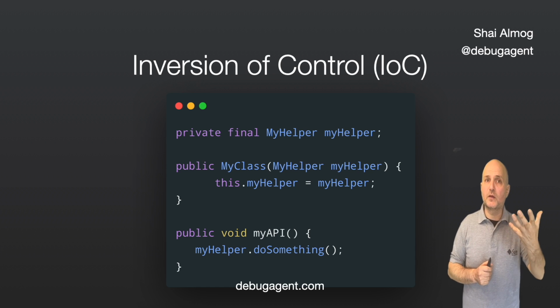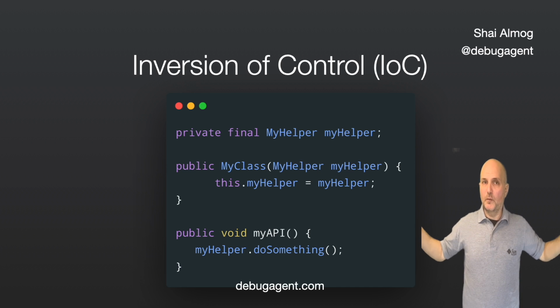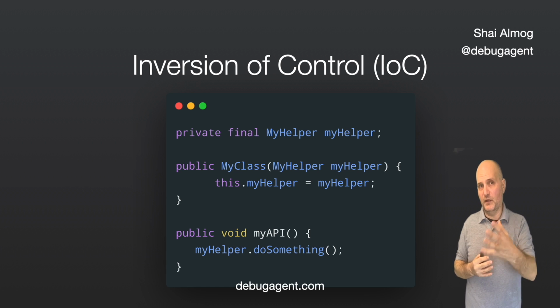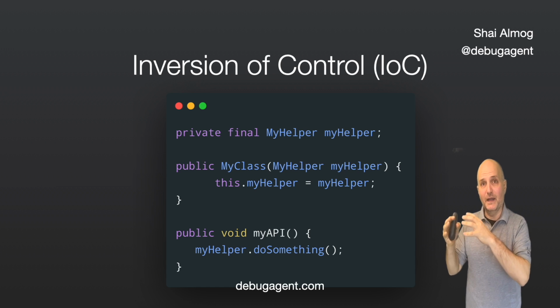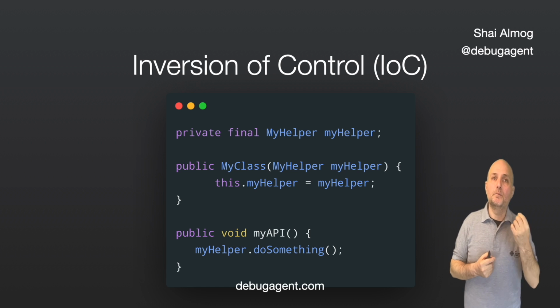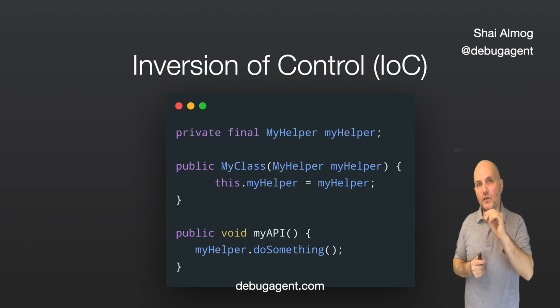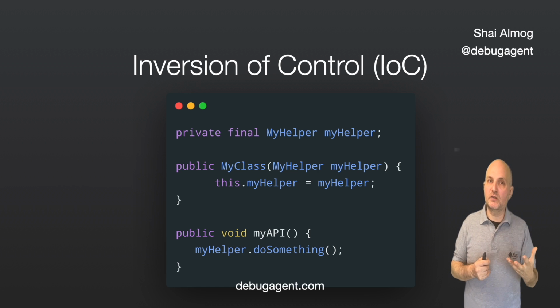With IOC, we can break down the complex system into individual separate components, also known as beans, that interact with one another through well-defined interfaces. They can be replaced dynamically as we need. But there's one more thing you will notice, that this is very verbose. We need to write this constructor just to pass the parameter, annoying.